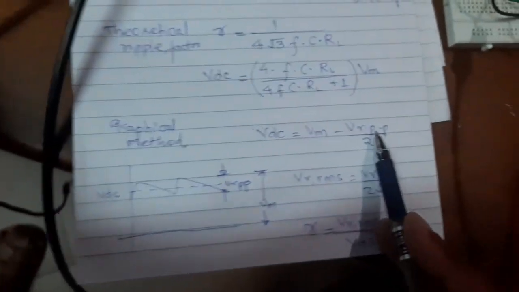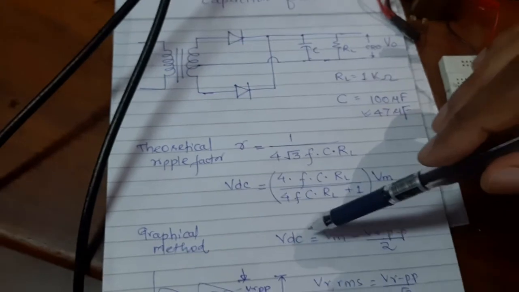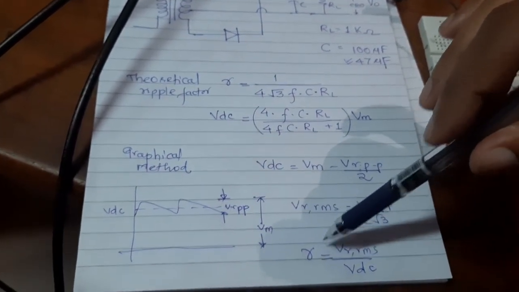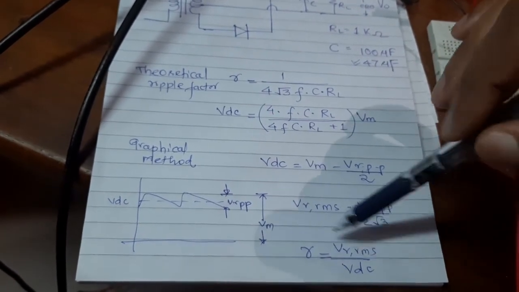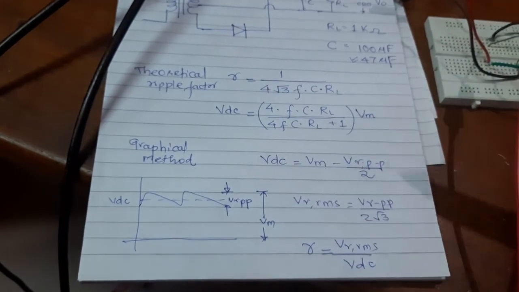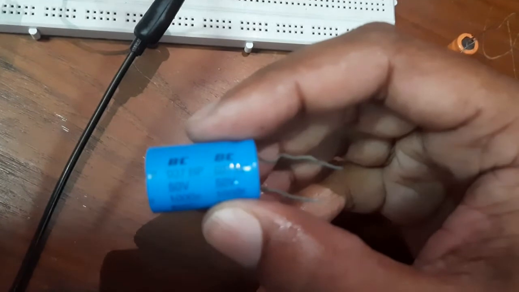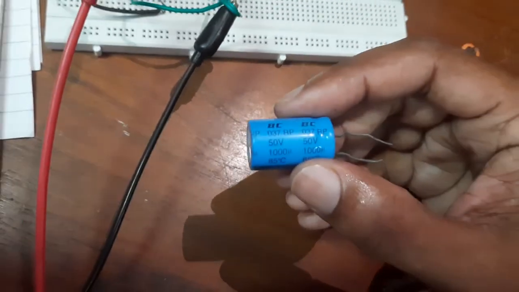So again you write VR peak to peak as 0.6 into 2 volts. VM will remain the same. You calculate VDC from this, you calculate VRMS from this, and you find out in case of 100 microfarad, when you use a higher value of capacitor, what happens with the ripple, whether it increases or decreases, and which one is better. Likewise we have many other values of capacitors which you can use. You have to see what is feasible for you.